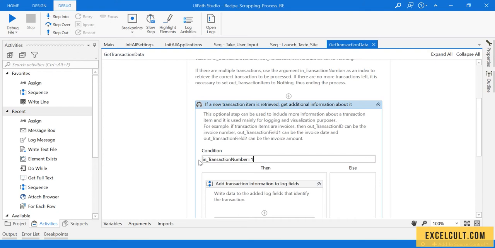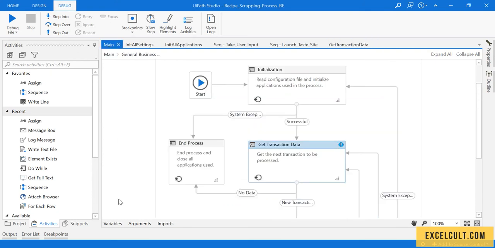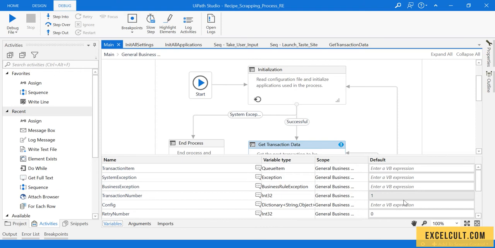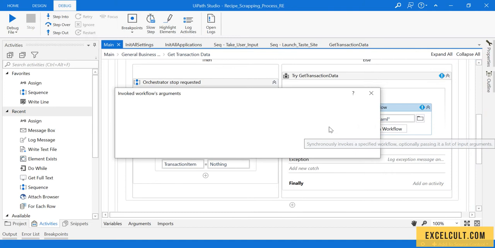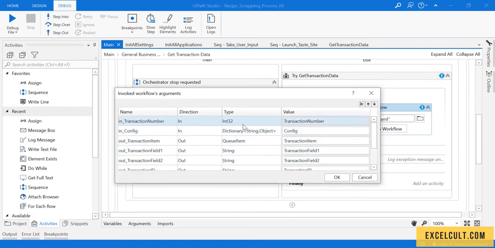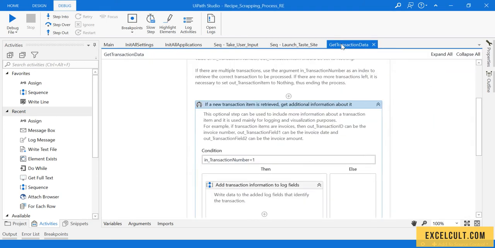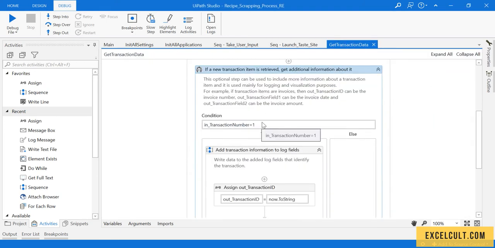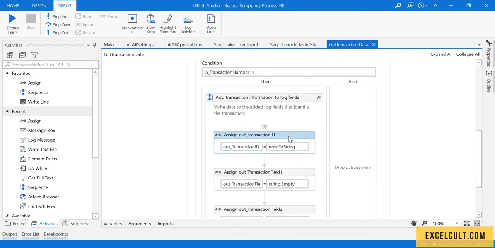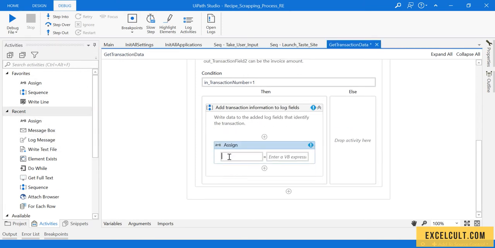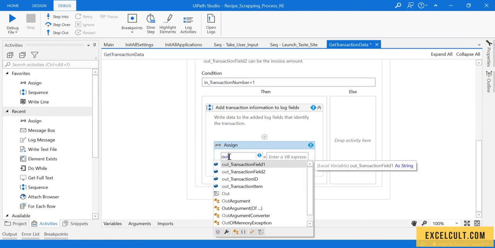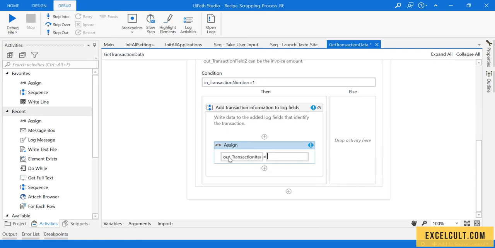Transaction number is equal to 1. We know that in the main file the transaction number is assigned a default value of 1, and that will be passed on to this particular XAML as an in argument. This is being passed to this variable which is available in this. When this is equal to 1, go and perform a few actions. What are those actions? Just take an assign and out transaction item equal to